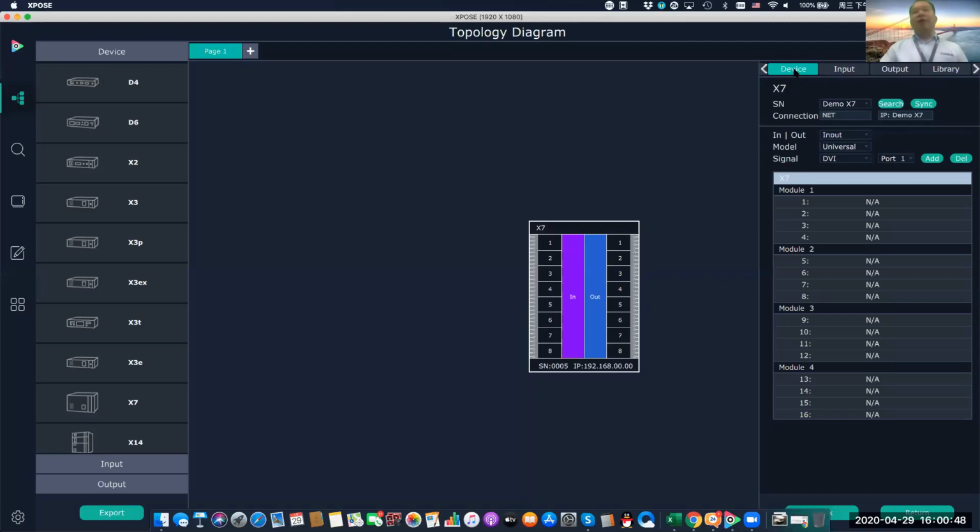The device dialog belongs to the device on the left. It means the property for the device. So if we go to this dialog, we can do the setting for the device. So the setting is including